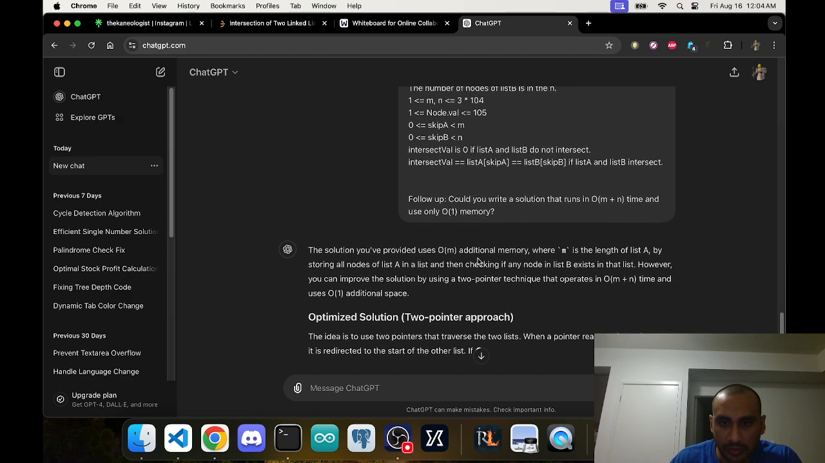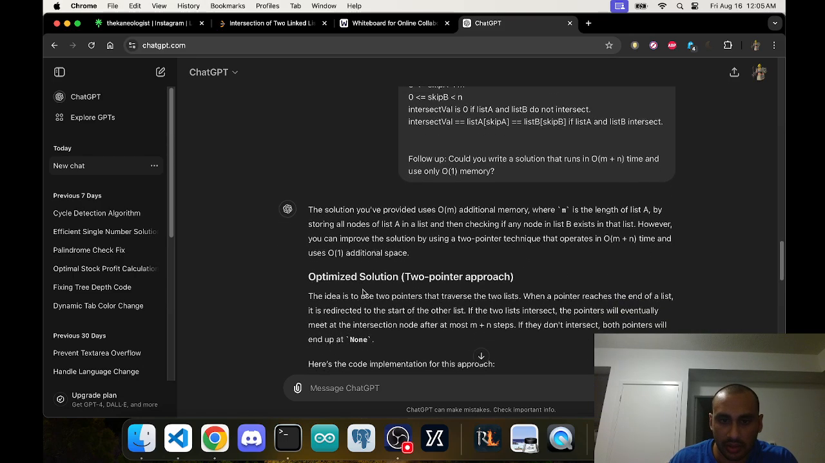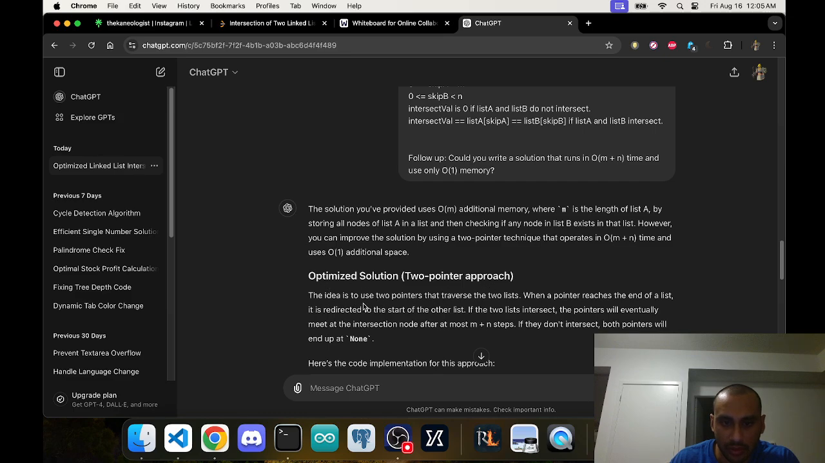The solution you provided uses O of M additional memory, where M is length of the list A, by storing all the nodes of list A and then checking if B exists in that list. However, you can improve the solution by using a two-pointer technique. Yep, I called that out. So optimized solution for two-pointer approach. Use two pointers that traverse the two lists. When a pointer reaches the end of a list, it is redirected to the start of the other list. If the two lists intersect, the pointers will eventually meet at the intersecting node, n plus m. If they don't,